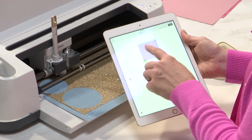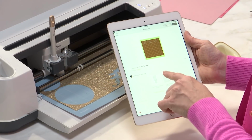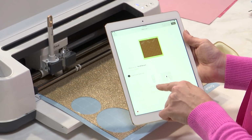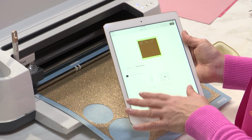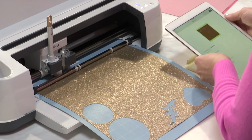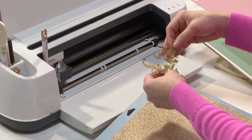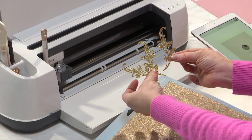Here I'm cutting 3 embellishments for the box topper, and they're intricately cut. Again, you need the fine point blade, so we're not changing the blade or anything. Really, we're just pressing go, and the machine does all the work. Now from this sheet of paper, I've cut 3 beautiful acanthus leaves as embellishments, and these will go on the